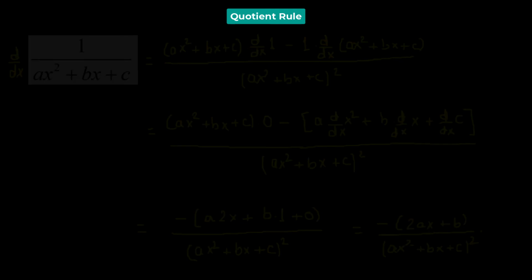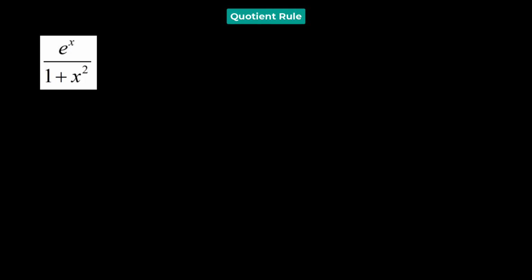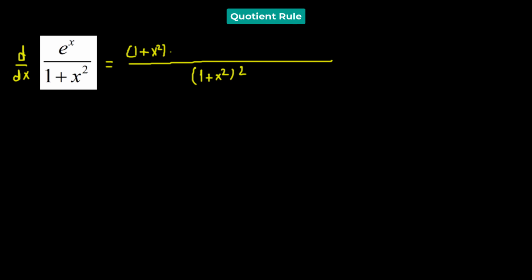Let's do another problem. So here we have the function e raised to the power of x divided by 1 plus x squared. So let's find the derivative using the quotient rule. So we begin with the new denominator, the function, which is 1 plus x squared, and then we square it. Then in the numerator we have 1 plus x squared, which multiplied to the derivative of the numerator minus the numerator times the derivative of the denominator,